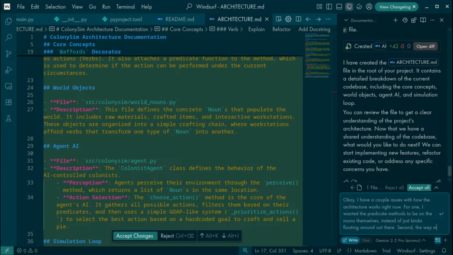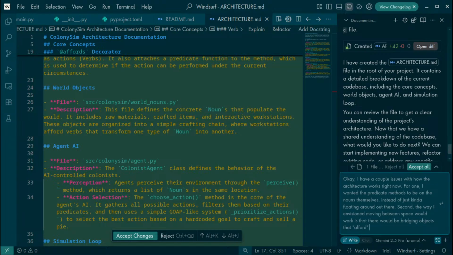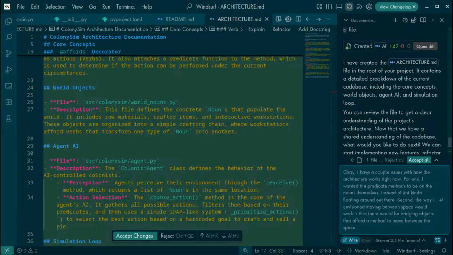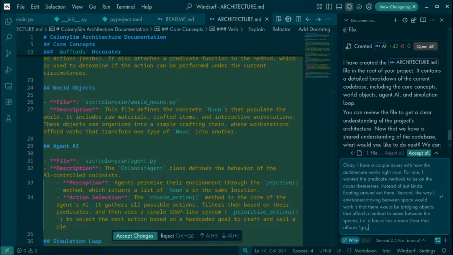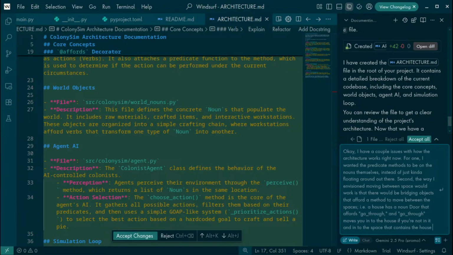Second, the way I envisioned moving between spaces would work is that there would be bridging objects that afford a method to move between the spaces, i.e. a house has a noun door that affords go through, and go through moves you in the house if you're not in it, and moves you into the space that contains the house if you are.